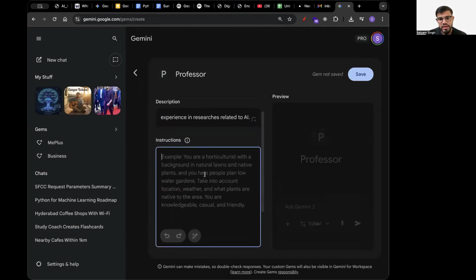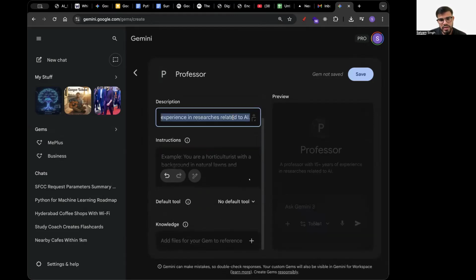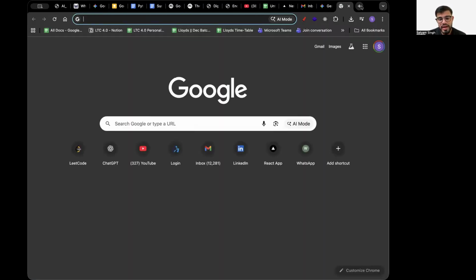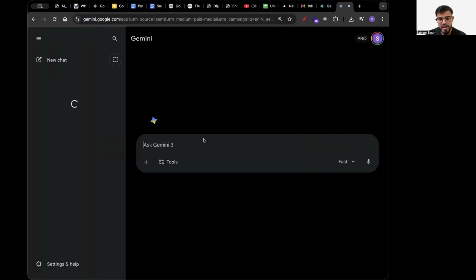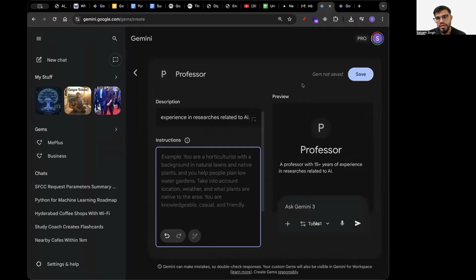Now for the instructions, I can write them myself right now. But I am so lazy that I will do that task using Gemini as well. I'll go to a new Gemini chat and say, I am creating a Gem with this description. Please help me with the instructions,